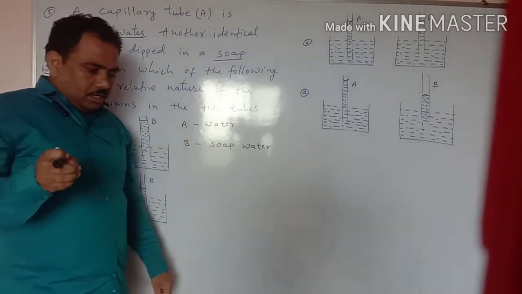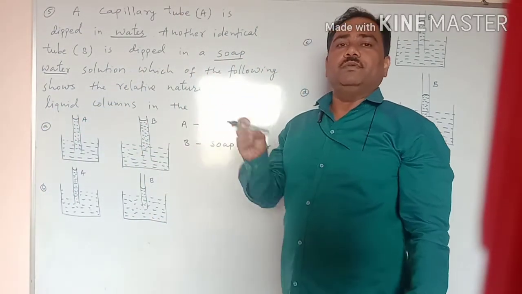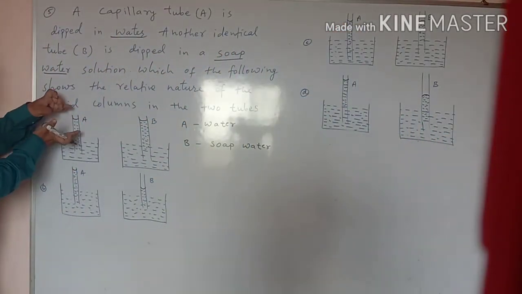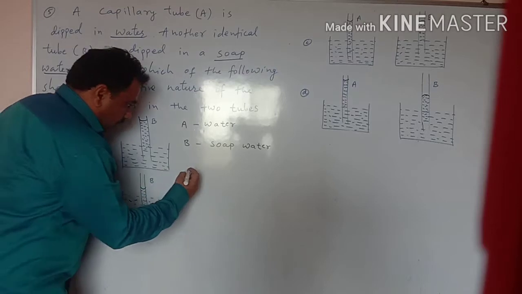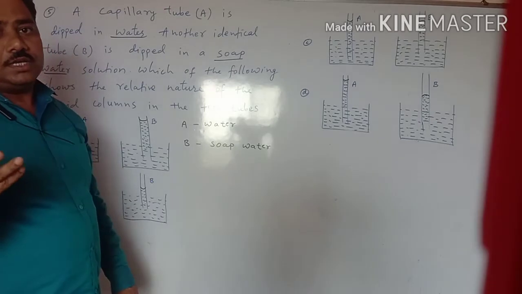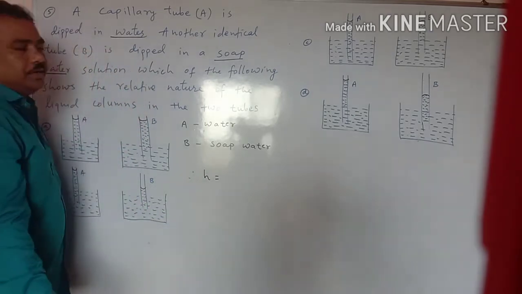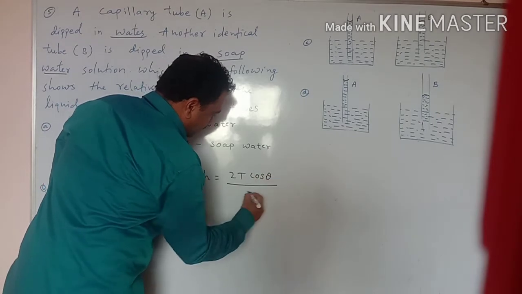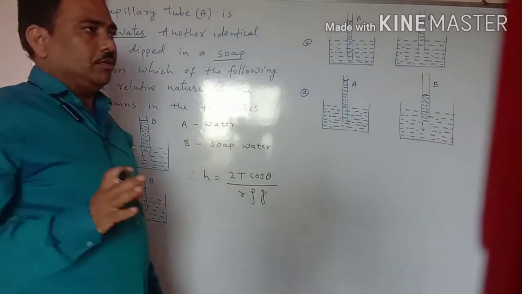Now when a capillary tube is there, we easily know how to calculate the height of the liquid column. So these are the liquid columns here, this is the height of the liquid column, and this is also the height of the liquid column. We have seen already in theory lectures the rising liquid columns. So the height of the liquid column will be H equals 2T cos theta upon R rho G. This is the important formula to calculate the height of the liquid column.